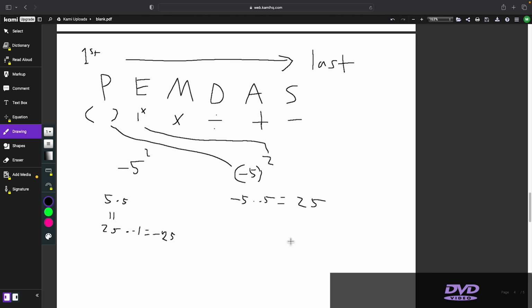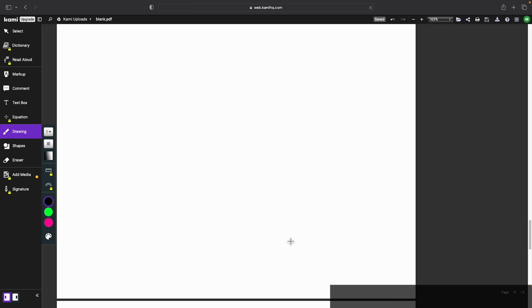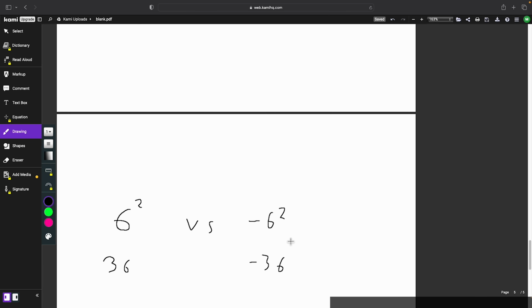And so for the next question, you want to watch closely here. 6 squared versus negative 6 squared. You get 36 and negative 36. But what's really crazy about this is